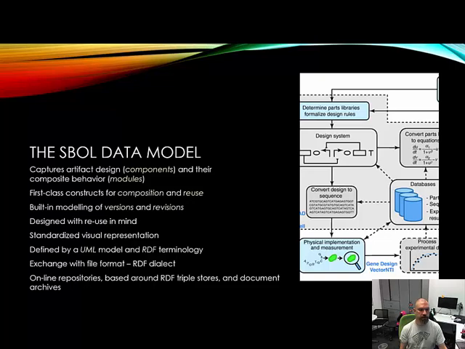Together with the data model, there's a standardized visual representation. So we have a standardized way to represent common parts of designs like promoters and open reading frames. This has had some adoption even outside the ShortBOL community. It's loosely based upon standard genetics diagrams, but again with some tweaks to meet the needs of design rather than description. The data model itself is captured within some UML documents and diagrams and a lot of supporting human readable